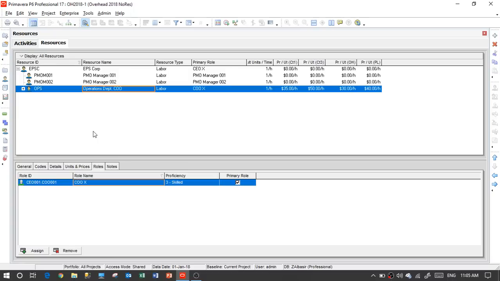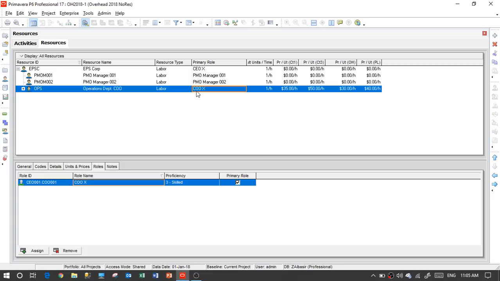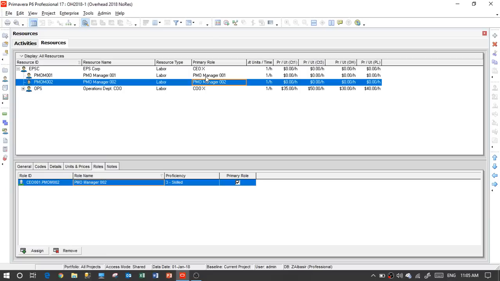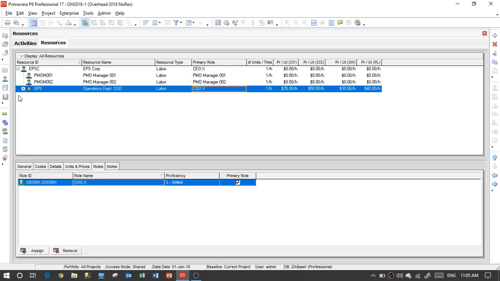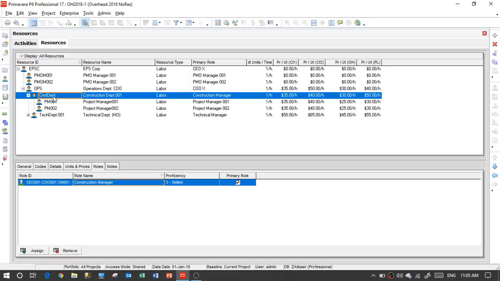So I created the organization chart for this corporate from the CEO, and COO, sorry. So here we have the PMO manager, and the PMO manager is a future model we will do in the videos after a few weeks. However, we are talking now about a typical design office, which has in its operation a construction team who do supervision, not builders or contractors. They are just a supervision team.